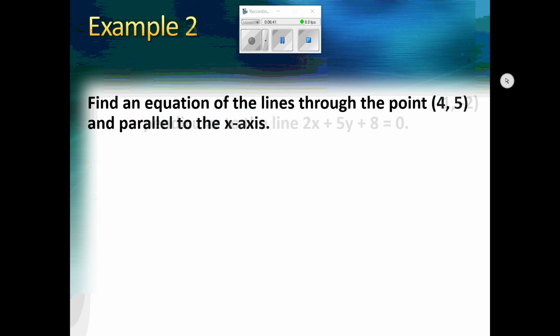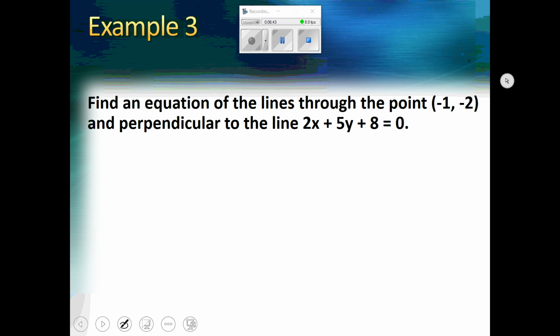Okay, so just a review if it were horizontal or vertical. Okay, so we're going to find an equation of the line that goes through the point -1, -2, and perpendicular to the line 2x plus 5y plus 8 equals 0. So again, what do we know about perpendicular? We know that the slopes are negative reciprocals. So again, I encourage you, hit pause, try it, see if you can do it, okay? But if you're still with me,